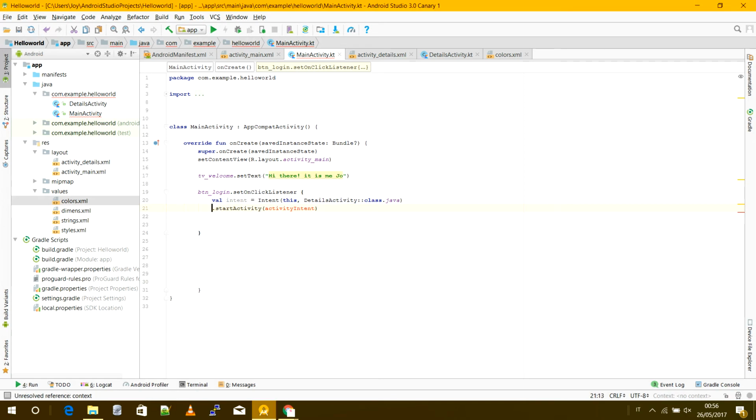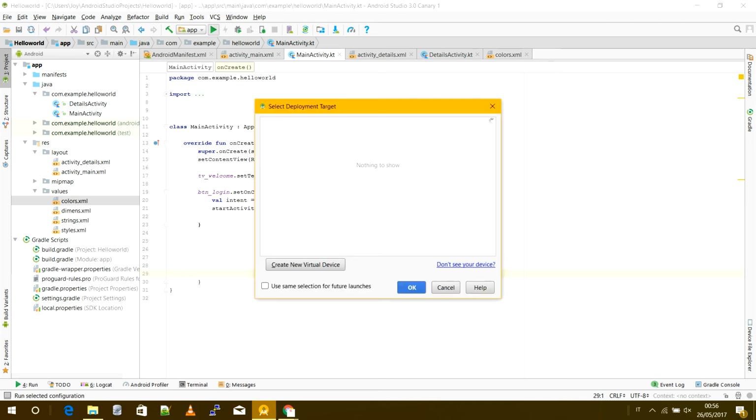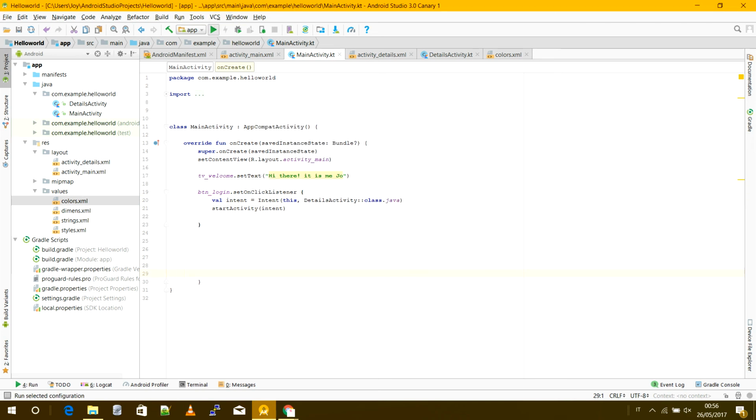And I call the activity directly from this area. Don't worry about the piece of code I have pasted here. It's simple: var intent equals the context, and then call the activity. Let me launch this and we will see what's going on. Okay, I have a device connected with my